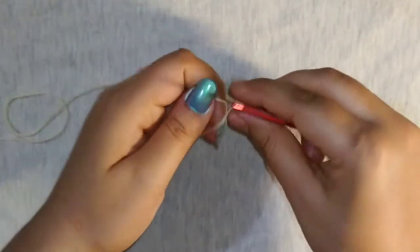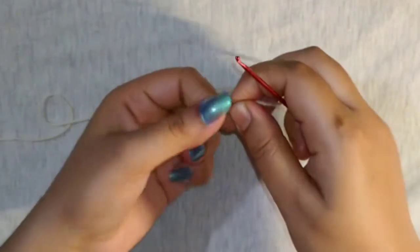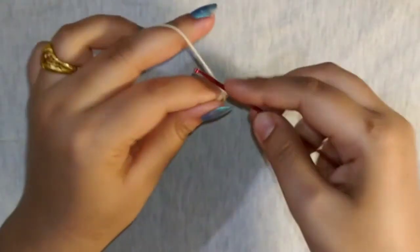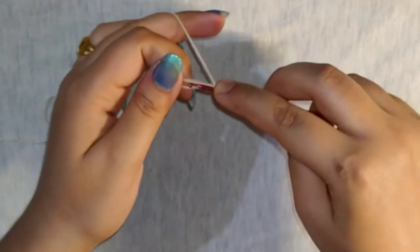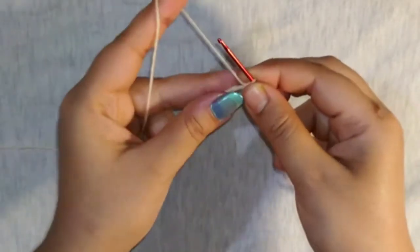To make the head, I'll take a skin colored yarn, and with that I'll make a magic ring and chain 1 to secure the magic ring. Then inside this magic ring I'll make 6 single crochets,